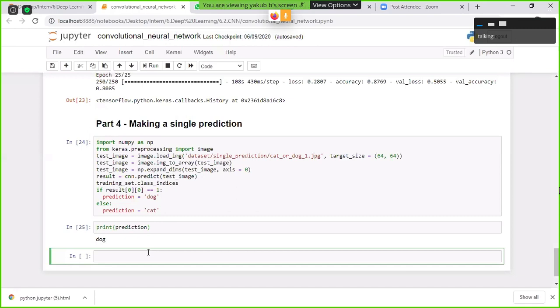Now start work on your projects. If you don't understand anything in the project, feel free to message me at any time and I will respond to you. From Monday onwards, I will take a project session to explain or evaluate the projects. I will contact you daily and take sessions with 10 members at a time. If they explain their project to me, that will be good. If they don't understand their project completely, I will explain their projects to you. Don't worry about that. Thank you, with this I am concluding for today.